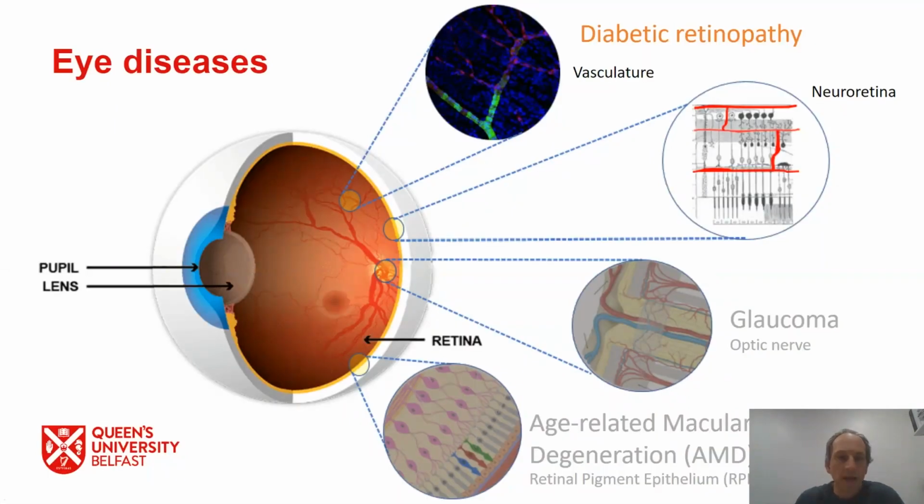So we'll start with diabetic retinopathy. And as I mentioned, this is often thought of as perhaps primarily a vascular disease. So we get dysfunction of the microvasculature, which becomes leaky and can lead to a buildup of fluid in the back of the eye, or edema, which can cause vision loss. And then in the later stages in advanced diabetic retinopathy, we can actually get proliferation of the vessels, which causes major loss of vision. However, there's also